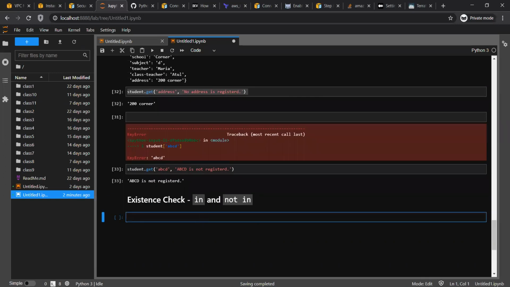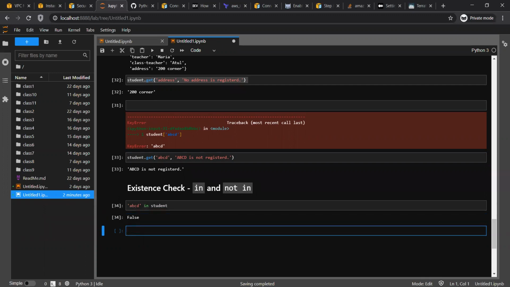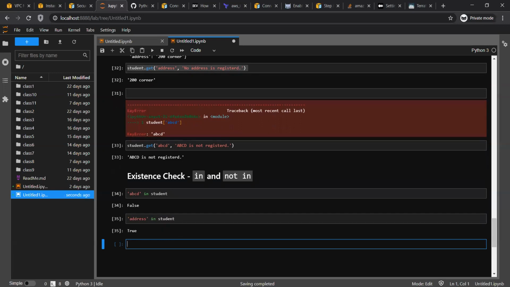So ABCD in student, it returns me false, right? If I say address in student, it returns me true.